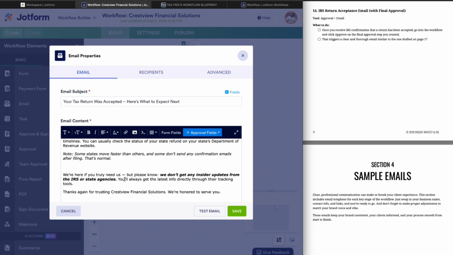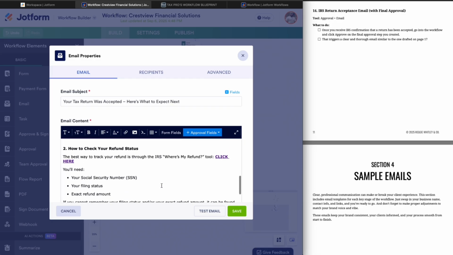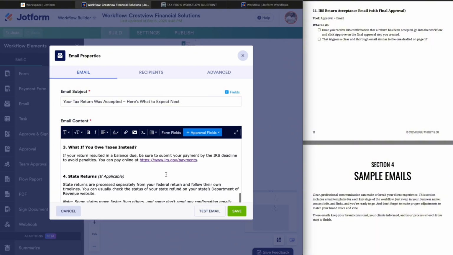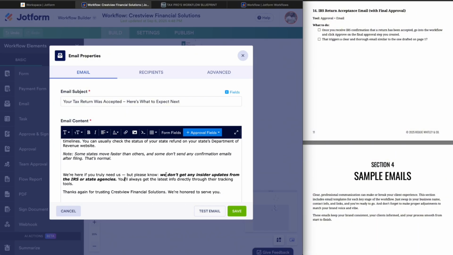My suggestion would be to put in some kind of wording. If you don't use that, some kind of wording to let them know, hey, we don't know any more than you. Where you go to look up all this stuff, that's the same thing we go to. We don't know any more than you at this point. So there's that. That's my sample